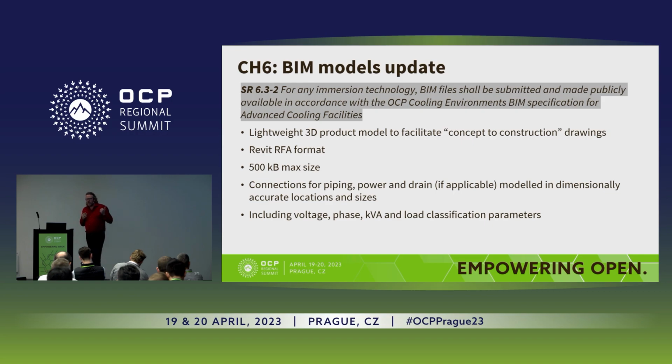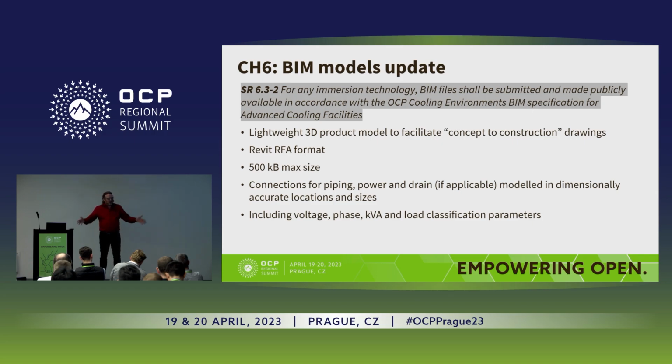Last thing I just want to point out here is that from now on, we require any solution to make a BIM model available. Now, BIM models are lightweight, 3D models of a technology, of a solution. And when I say lightweight, I'm talking about just a couple of kilobytes, right? Which provides the geometric data of a solution, a basic shape, but most importantly, the connection points for where the water circuit needs to be attached, where the power connection is, or any kind of other interface,